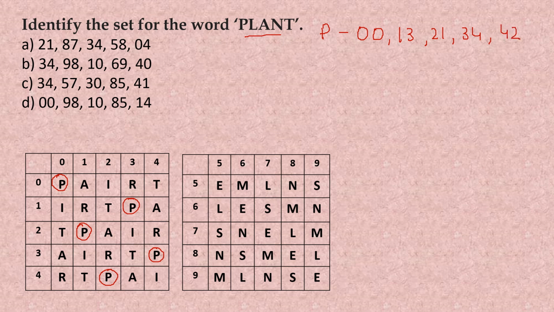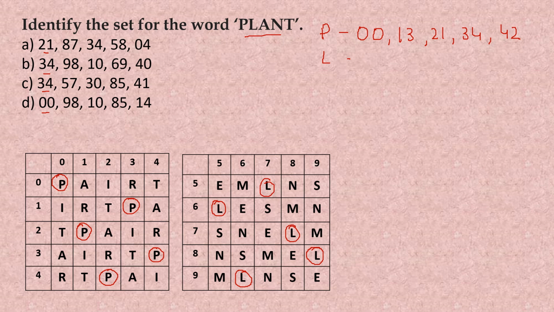Now let us check here. 21 is present, it's there. 34 is also there, and 0, 0 is also there. That means the first set of values is all correct. Now let us check for L. For L, we'll be checking with the second matrix. We have 5 values of L here. 1, 2, 3, 4, and 5.